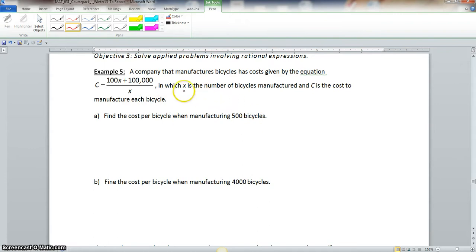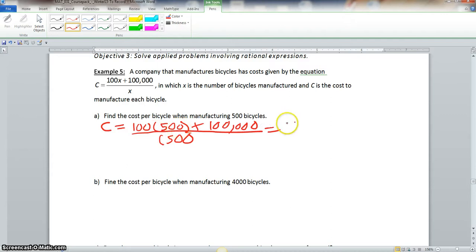So we know x is how many bicycles you manufacture. So we'll take C is equal to 100 times 500, because we know x represents 500, plus 100,000, all over 500. Now 100 times 500 is 50,000, plus 100,000, all over 500. So now we will have 150,000